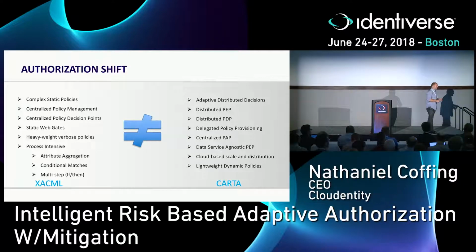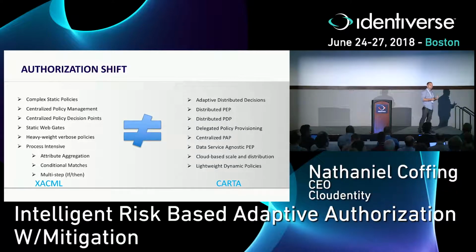all of these net new features that are all wrapped up in an approach that Gartner likes to call CARTA, which is Continuous Adaptive Risk Trust Assessment. And they have a distributed policy enforcement point, distributed policy decision point, distributed policy provisioning that's automated as part of your CI/CD processing, delegated policy provisioning. So I want my CIO to set the policies. I want my BUs to inherit those policies. I want my applications to inherit subsets of those policies, and my developers to adhere to them. And we'll talk a little bit more about that when we get into the CI/CD pipeline.